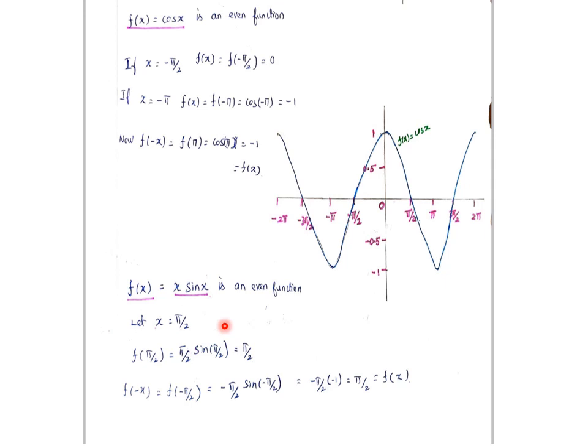Like this, we can identify whether the given function is an odd function or an even function. Next, let us see what is the use of identifying an odd function and an even function. The following results show that if we are able to identify a given function as an odd function or an even function, then expressing the given function in terms of Fourier series is very simple. The calculation will become very easy.